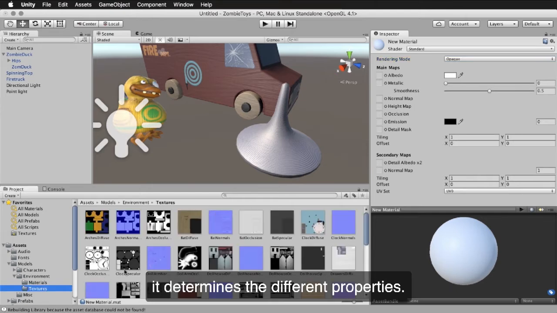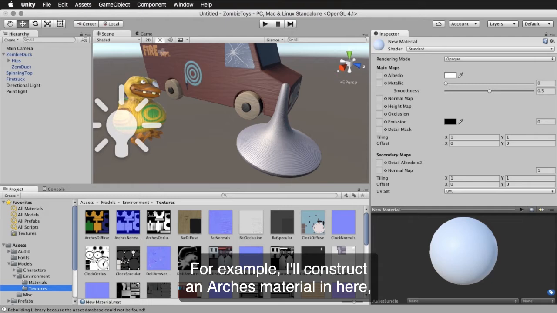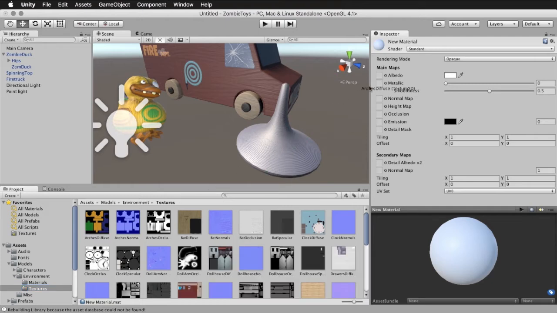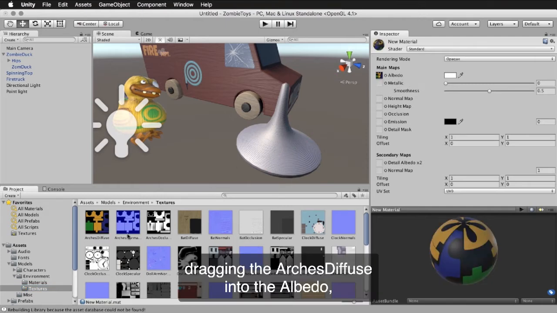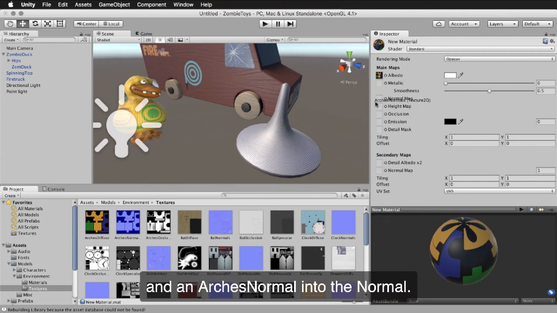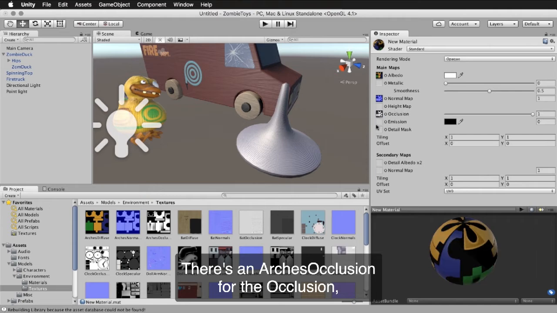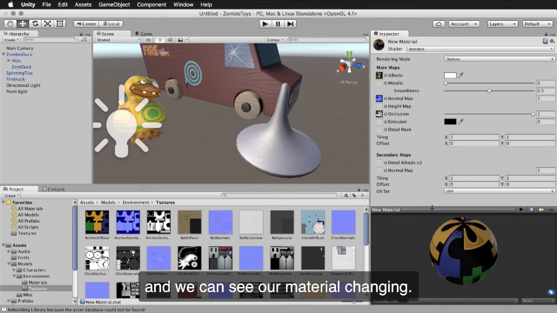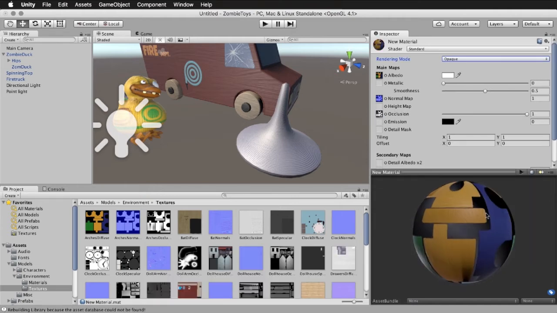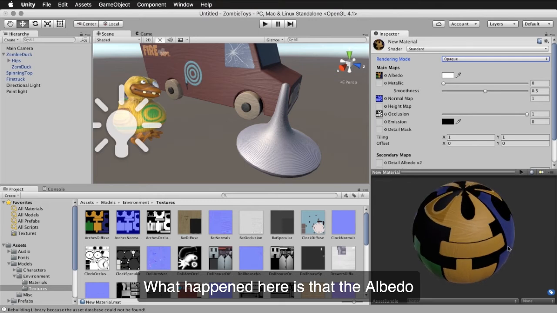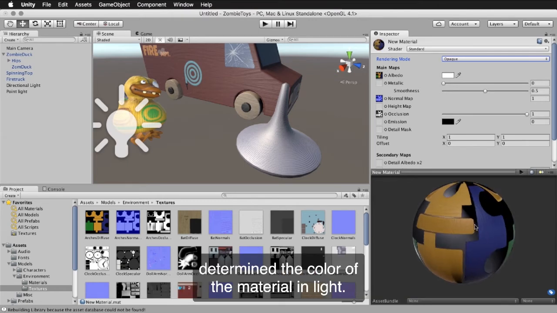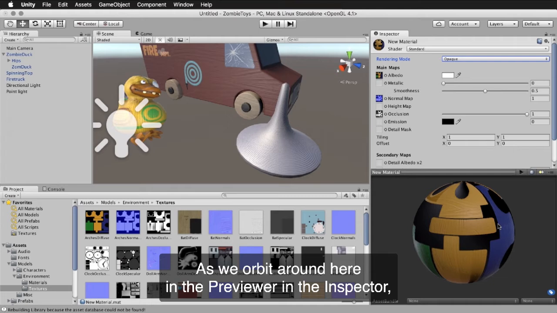For example, I'll construct an arches material in here, dragging the arches diffuse into the albedo, and an arches normal into the normal. There's an arches occlusion for the occlusion, and we can see our material changing. What happened here is that the albedo determined the color of the material in light. As we orbit around here in the previewer, in the inspector, we can see that the normal map added the